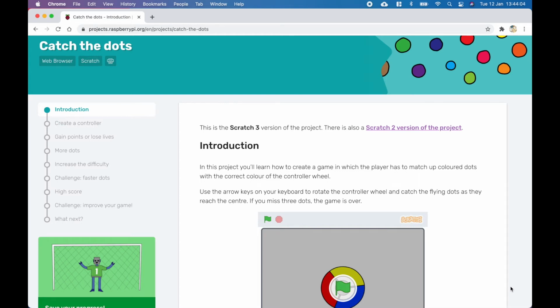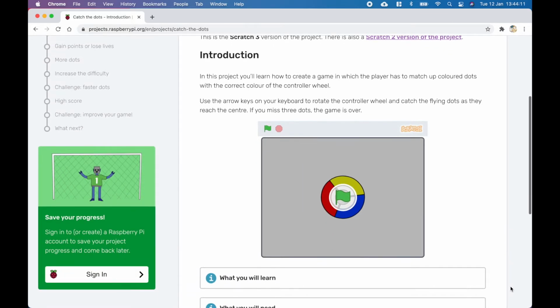Hello Year 6. This week's computing lesson you are going to be programming a Catch the Dots game. So let's have a look at what the final product will look like. So let's click the green flag